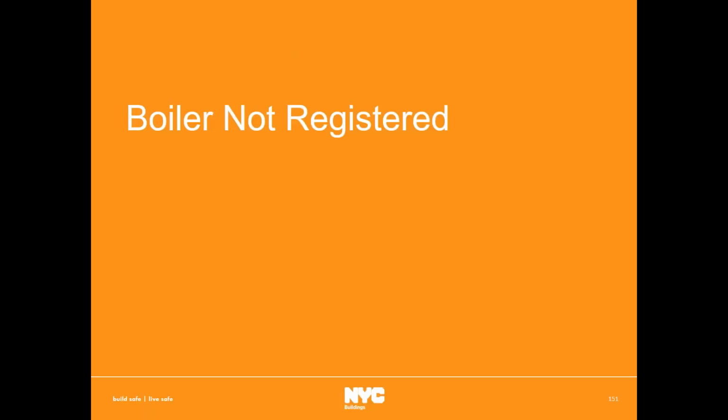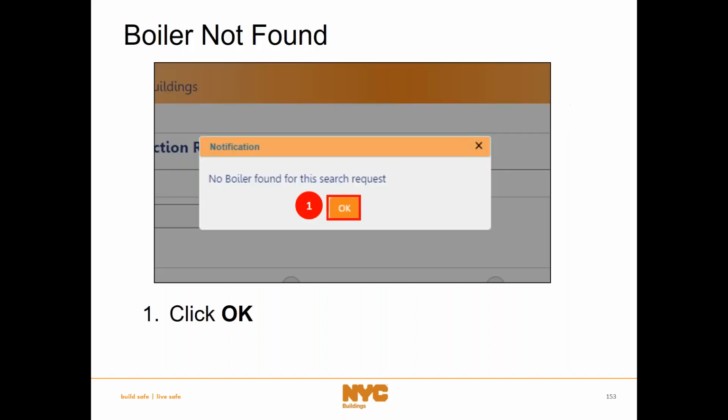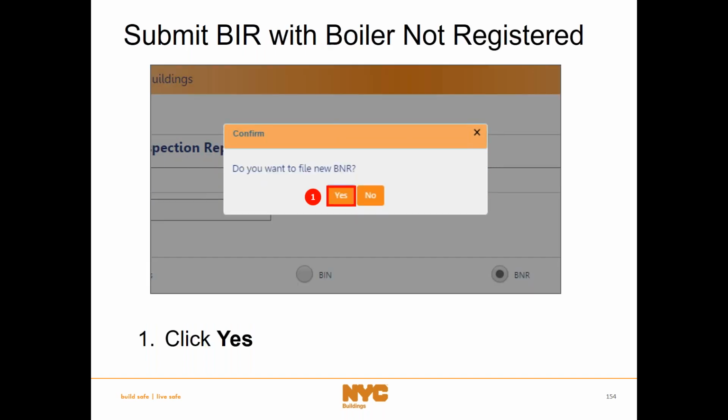All right, let's talk about boiler not registered. So our scenario is that we create a boiler inspection report, and upon searching, the device is not found. So I'm in my boiler inspection report, and I've entered the device number, and a no boiler found for this search request message is returned. So I click OK. The system will ask if you want to submit a new BNR, or a boiler not registered, and we'll click